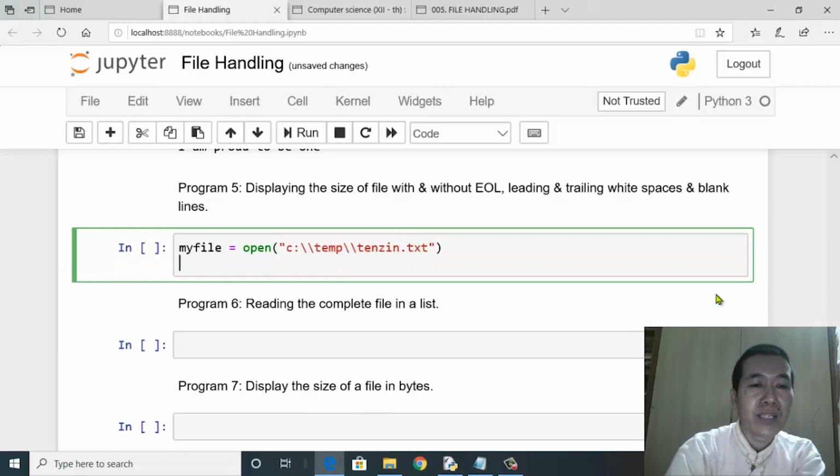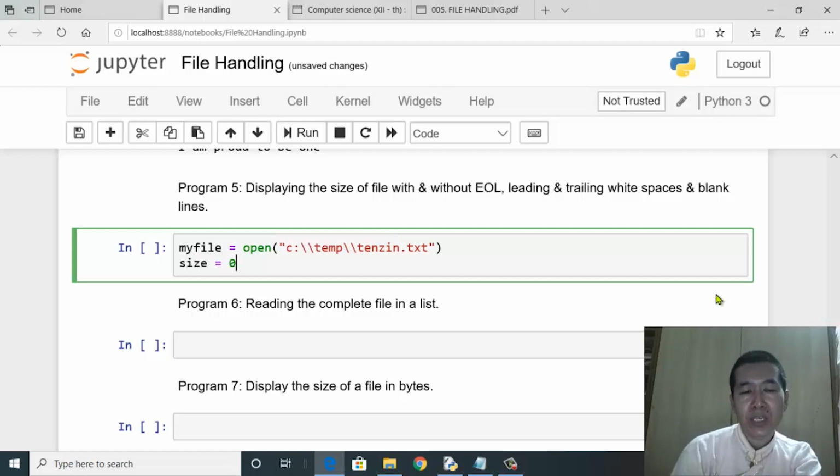And then we'll have 2 variables. The first one to keep track of the size of the file with the white space characters, and another variable to keep track of the size of file without the white space characters. So we'll have size here, which is equal to 0.